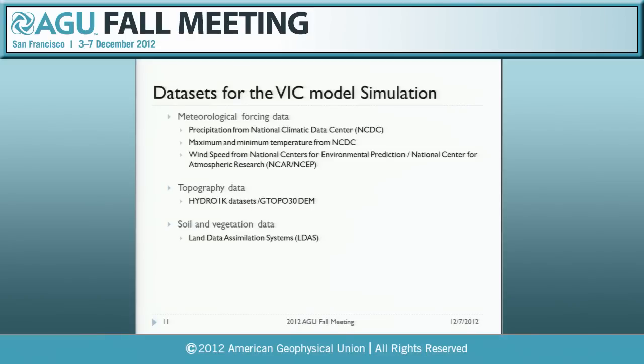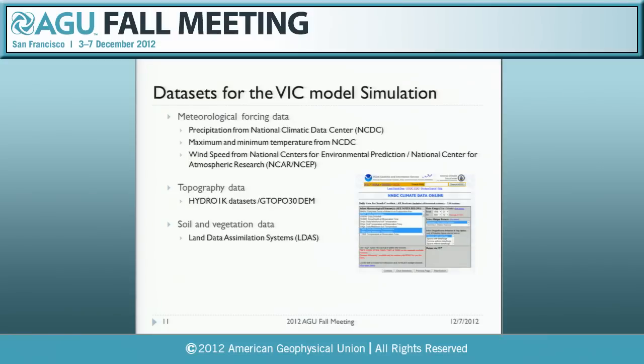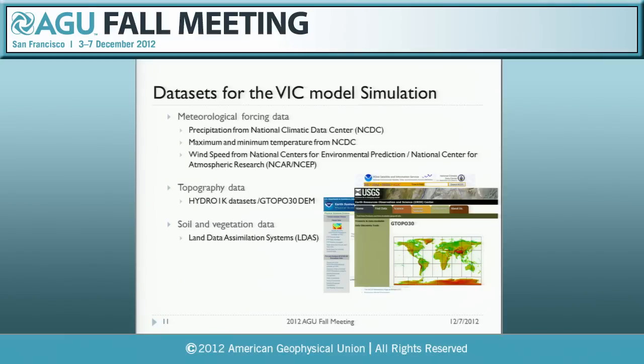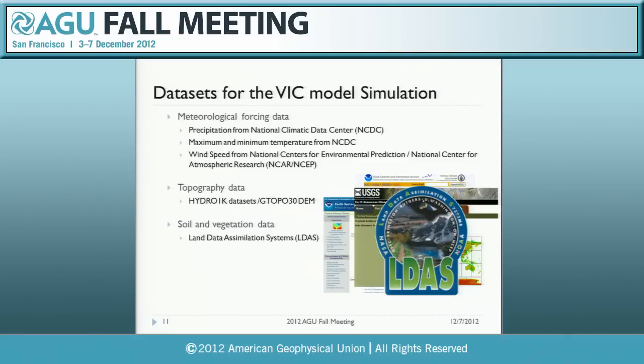For meteorological data, we require precipitation data from NCDC, and also maximum and minimum temperature from NCDC. Then we collect wind data from the National Center for Environmental Prediction and National Center for Atmospheric Research program. The topography data we collect from the Hydro1K dataset, and for soil and vegetation data we rely on the LDAS